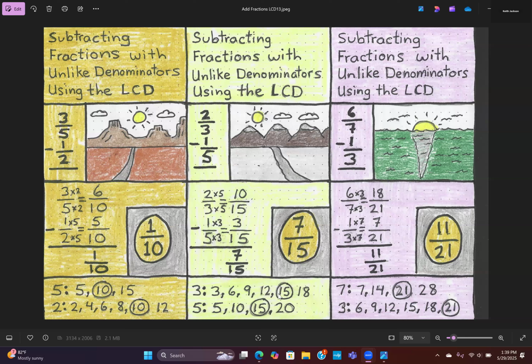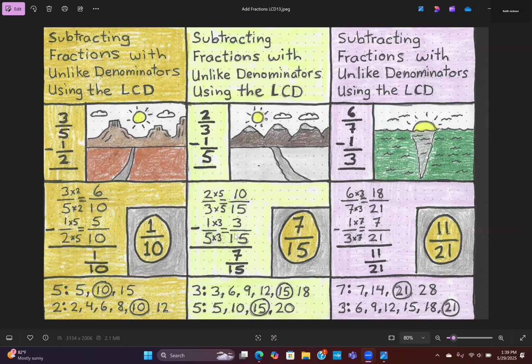All right, we found our least common denominator, which is 15, and we're going to park it in our new denominator slot right here. And we know that 5 times 3 will give us 15. Whatever we do to the bottom, we do to the top because 1 times 3 is 3. We're going to do the same thing with the fraction on top because we know that 3 times 5 would give us 15. Whatever we do to the denominator, we're going to do to the numerator because we know that 2 times 5 would give us 10,